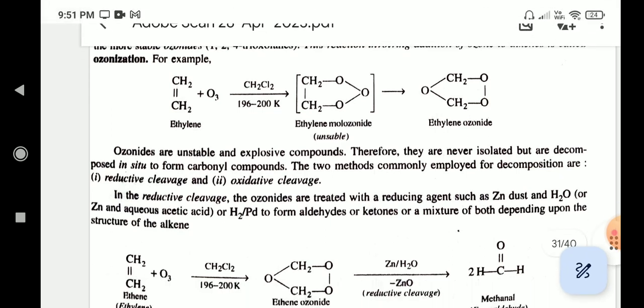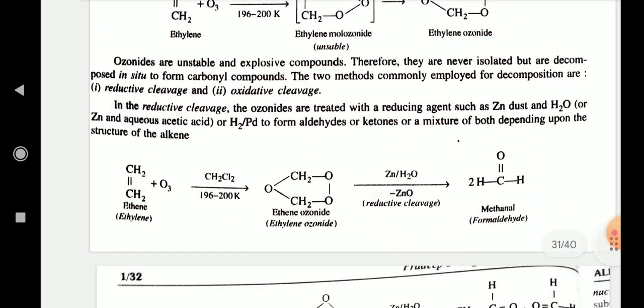Ozonides are unstable and explosive compounds, therefore they are never isolated, but they are decomposed in situ to form carbonyl compounds. The two methods commonly employed for the decomposition are reductive cleavage and oxidative cleavage. In the reductive cleavage, the ozonides are treated with a reducing agent such as zinc dust and H2O, or Zn and aqueous acetic acid, or H2/Pd, to form aldehydes or ketones or a mixture of both depending upon the